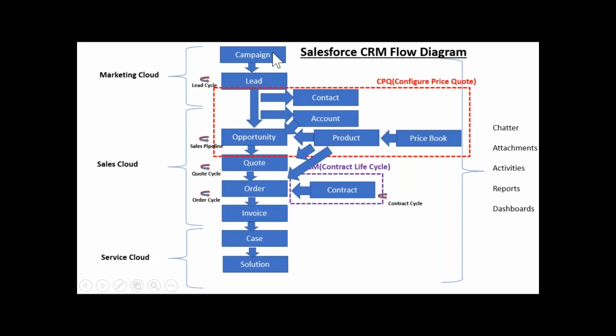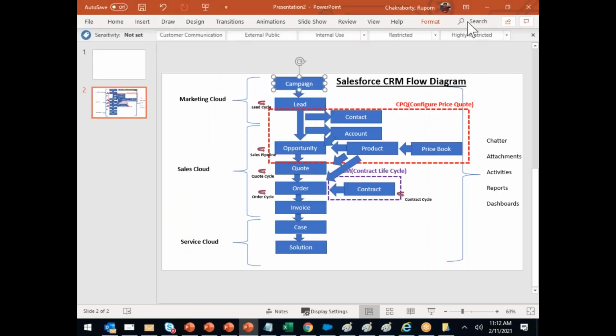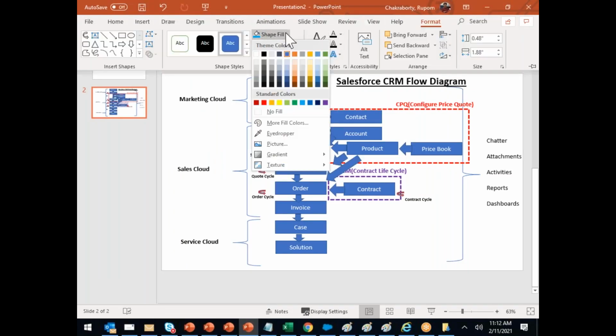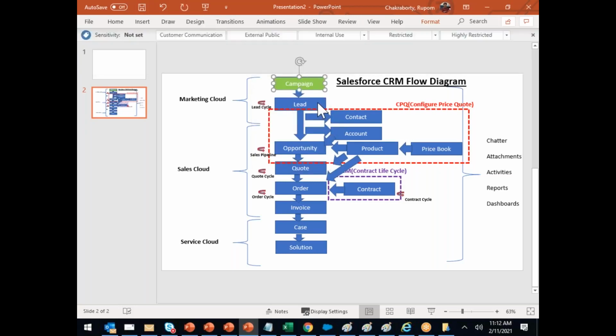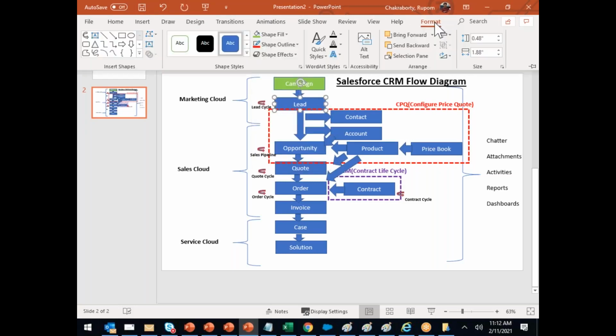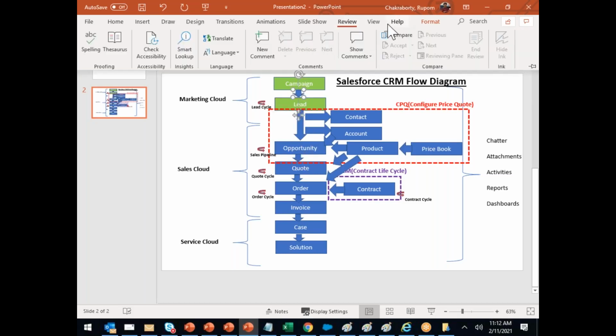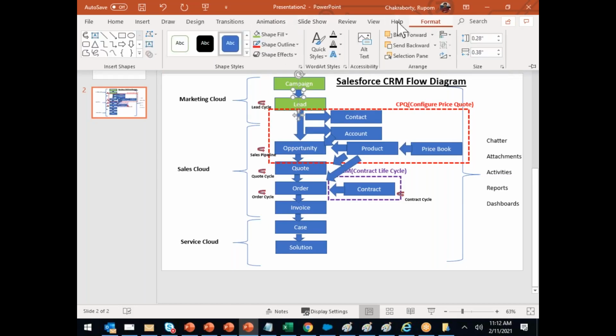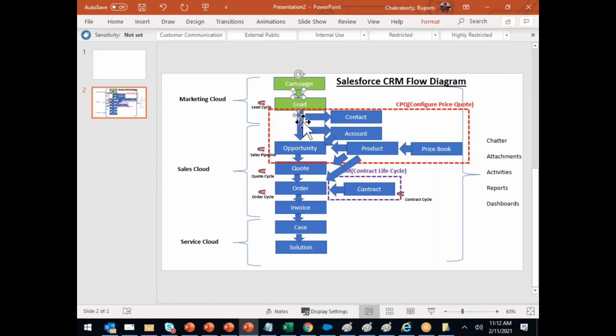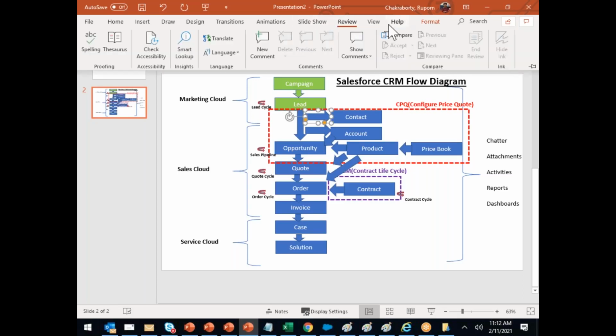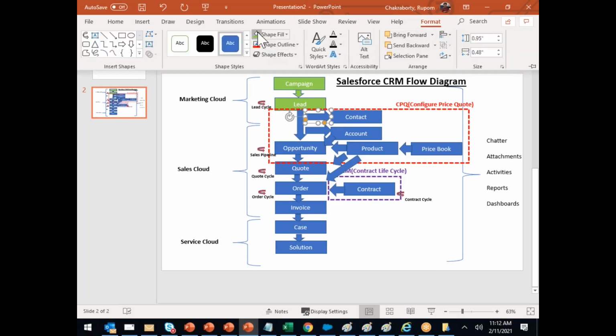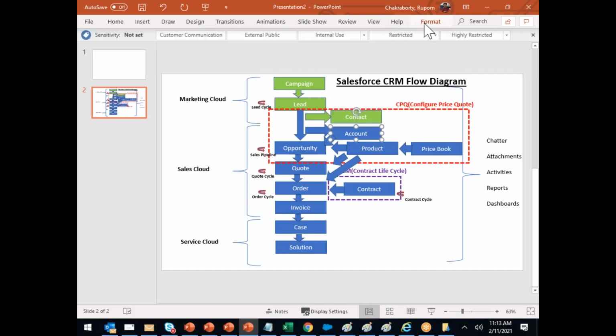From a campaign, so what are the things we have done? Did we do this? Yes, we have done that. Whichever is completed, I'll be coloring in green. Did we complete this? Yes. Did we complete this arrow? Whichever is done in the class, I'll be coloring as done. Did we create a contact? Yes. Did we create an account? Yes. Did we create it?